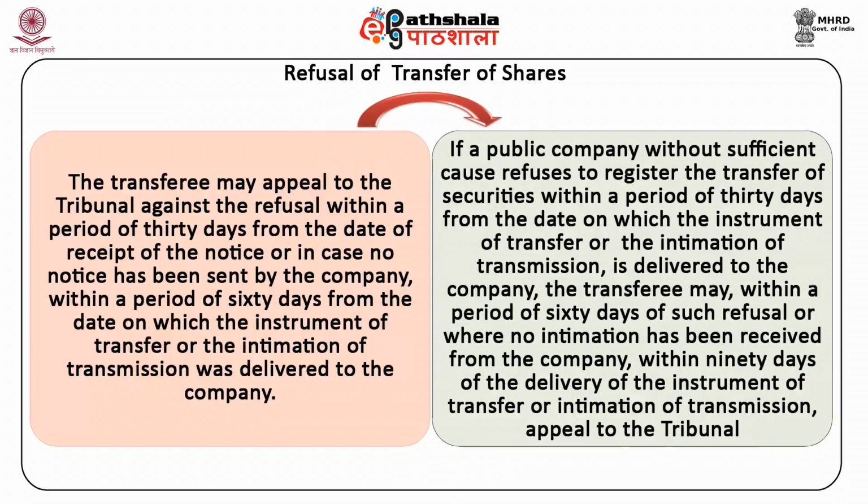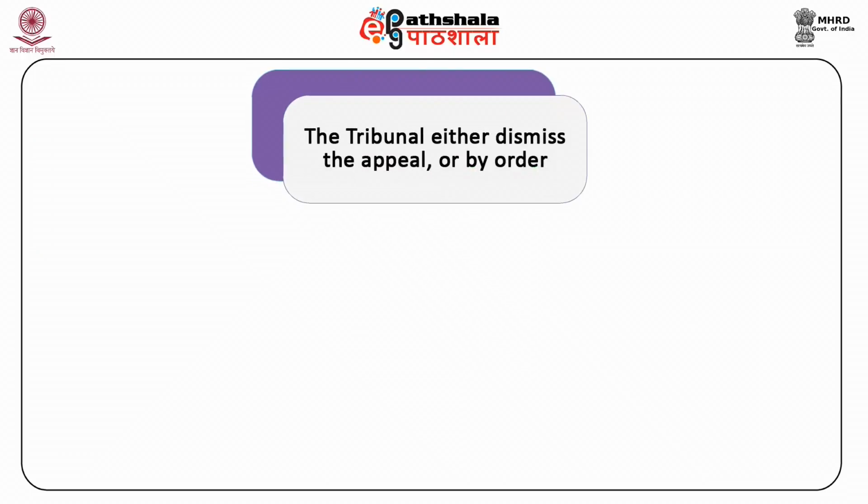Fourth, if a public company without sufficient cause refuses to register the transfer of securities within a period of 30 days from the date on which the instrument of transfer or the intimation of transmission is delivered to the company, the transferee may, within a period of 60 days of such refusal, or where no intimation has been received from the company within 90 days of the delivery of the instrument of transfer or intimation of transmission, appeal to the tribunal. The tribunal may, after hearing the parties, either dismiss the appeal or, by order,